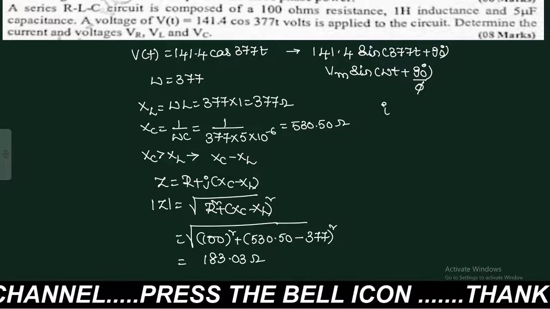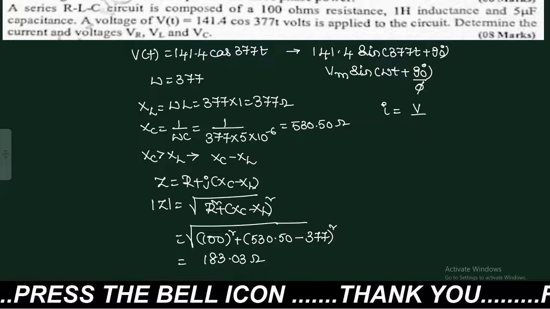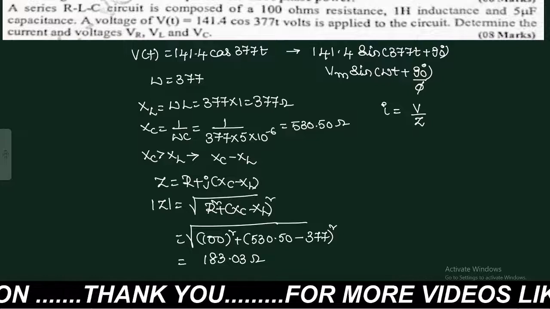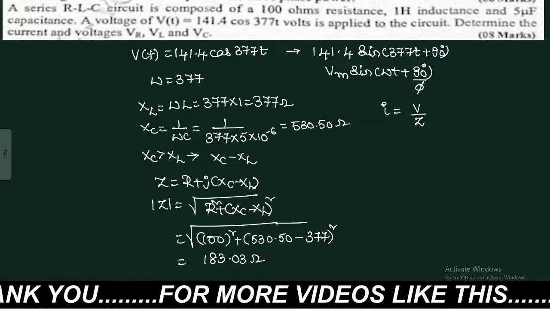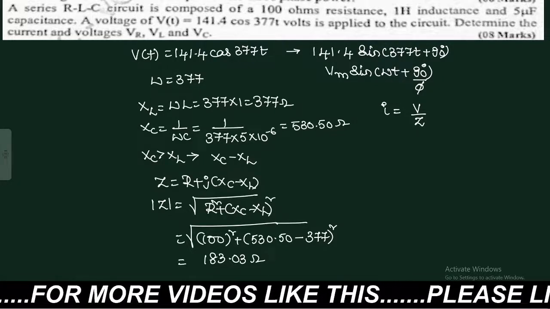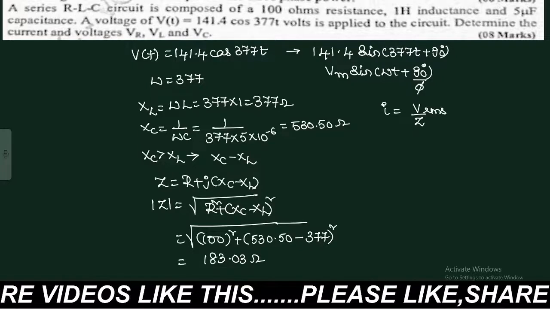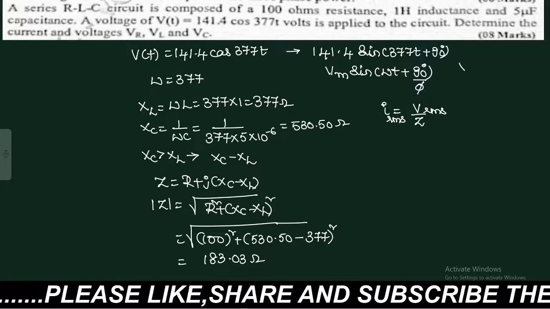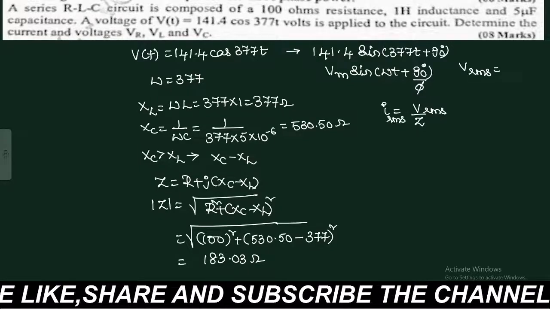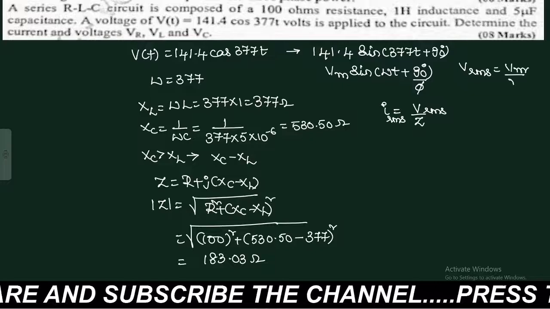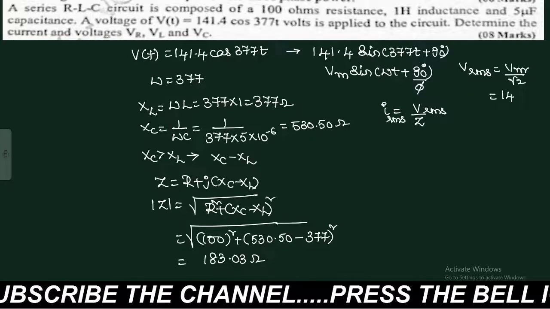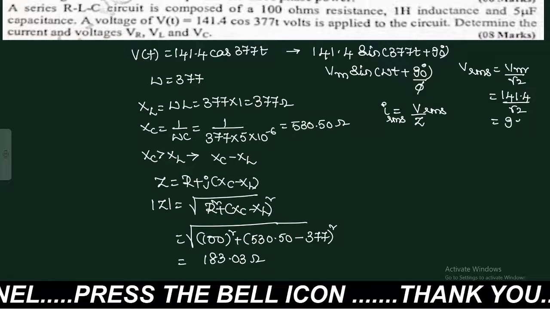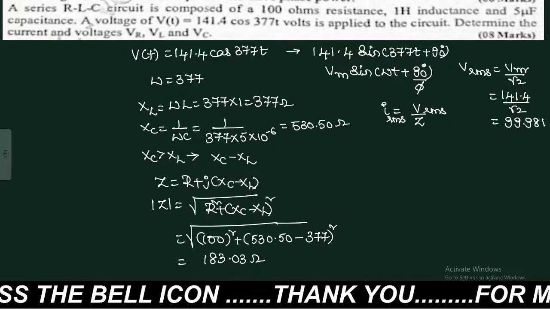Now you got the impedance. Now you can calculate the total current. The total current will be V divided by Z. Here the question comes, which value should I take? We take V RMS, and then you are going to get I RMS. You already know the relation between V RMS and V max. V RMS is equal to Vm by root 2. So Vm value 141.4 divided by root 2, then V RMS is approximately 99.98 volts.